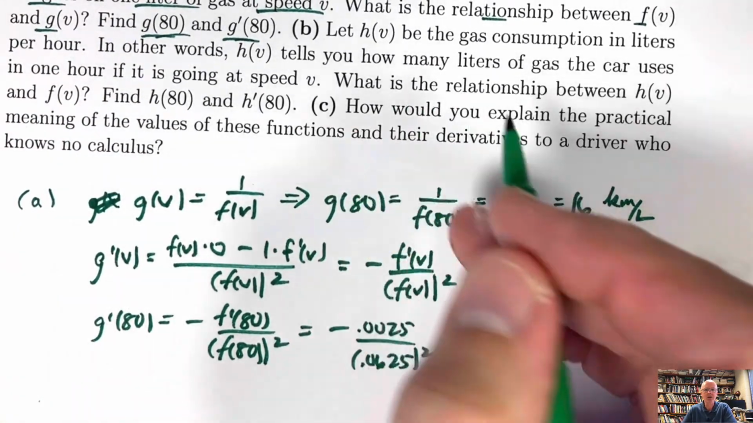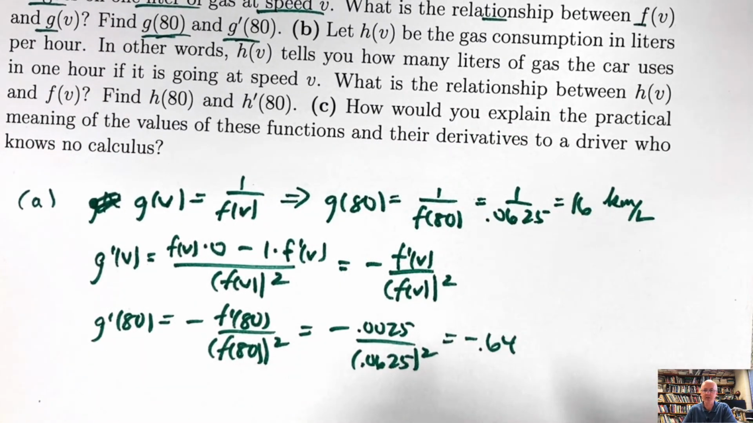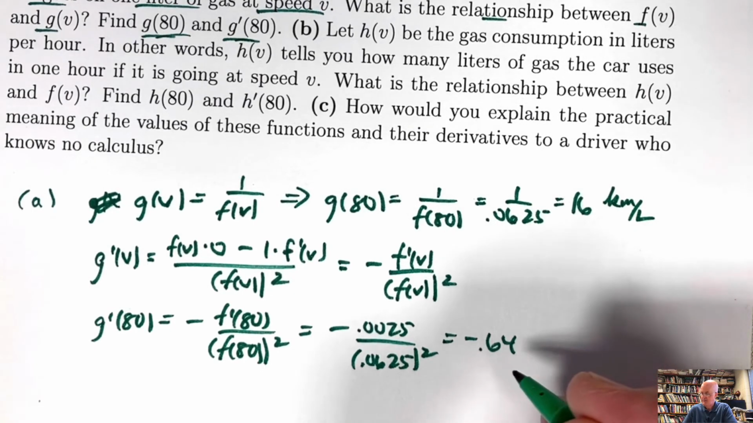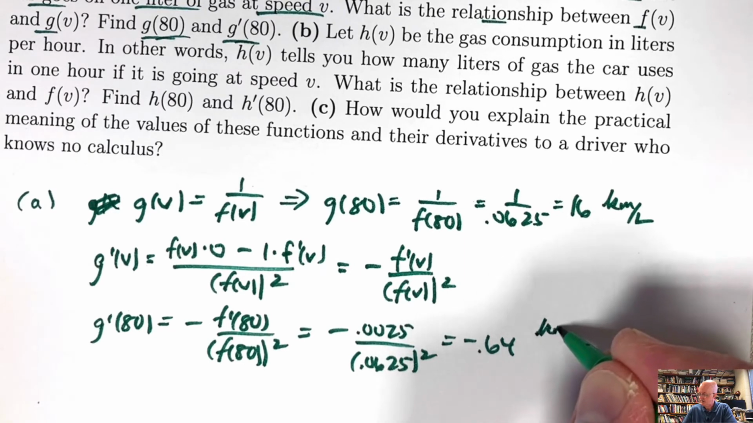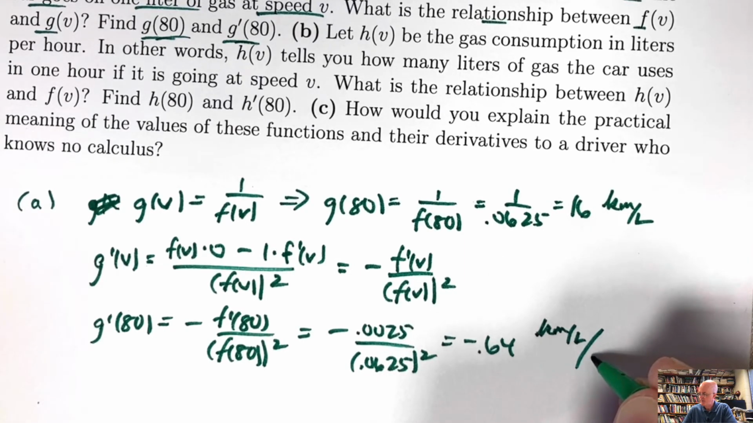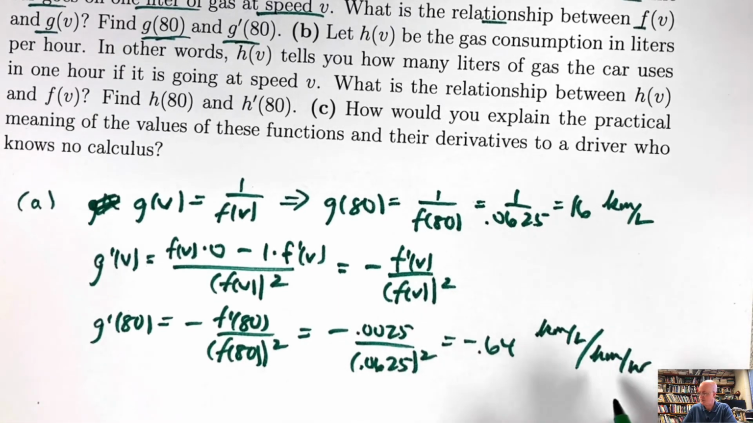And in C, we're going to ultimately explain the practical meaning of these functions and their derivatives. Let's go ahead and do part C here verbally right now. This is the rate of change of the function g of v with respect to changing the speed v itself. The units of g of v are in kilometers per liter. This is kilometers per liter per kilometer per hour. Again, you could cancel the kilometers and you could write the units here ultimately as hours per liter, but it's